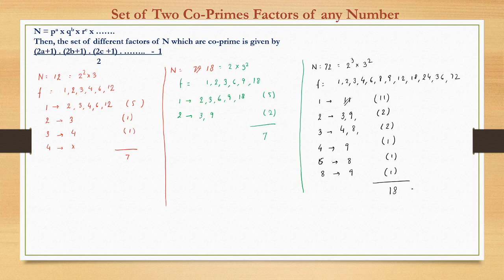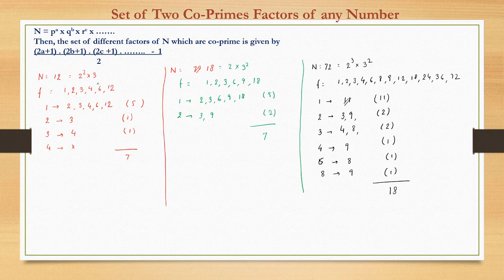But as we can see, this is a very tedious and lengthy process. So here we have a shortcut, or a formula or an expression, through which we can find this in very quick time. So what is that? Let us see. So here in this case, if we see, we have this factor, right?